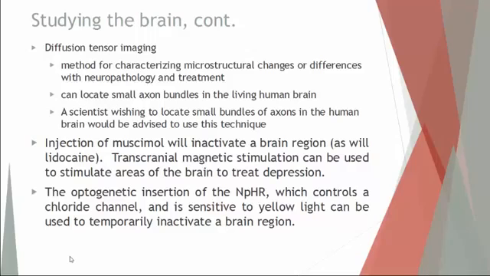So beyond using tissue samples to study the brain, MRIs have had a big role in this process. MRIs are much less invasive. You get the information much faster, within a few minutes, and you get the image in 3D. So you'll be able to see where your sample tissue relates to the rest of the brain. So it is a lot faster, much less invasive, and overall it's a much better process. But because it's much faster, there is one big downside. You only get to see areas in general. You can't focus in on very small sections of the brain.